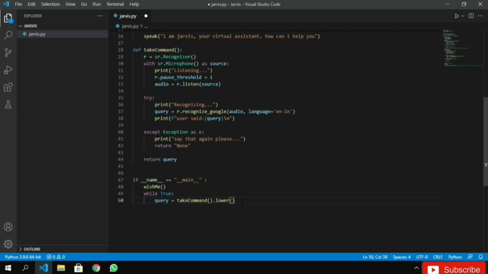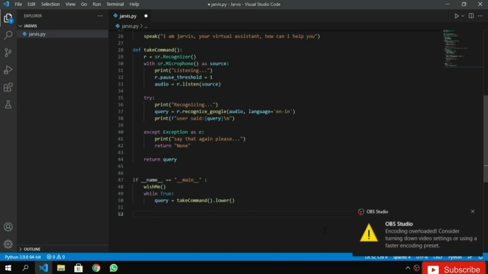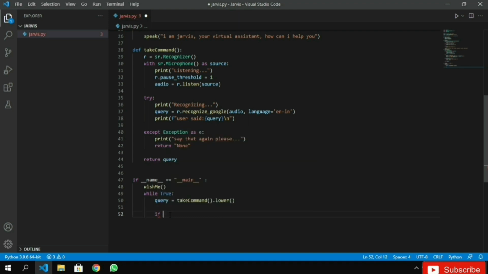This code helps to convert all the capital letters to lower, because whenever we type some capital letters there might be some problem with the code. Now type enter. Now we will code the logic of Jarvis. Mostly I ask time, so we will type if time